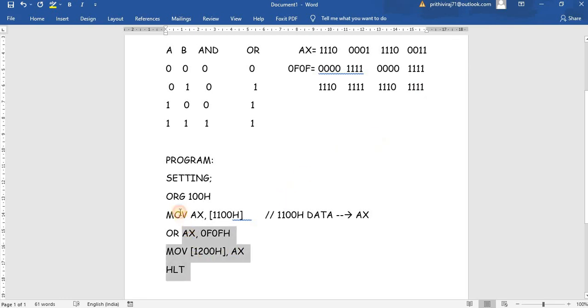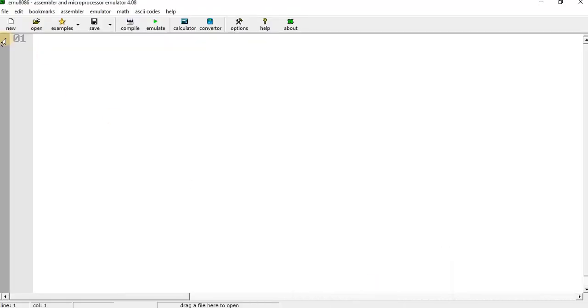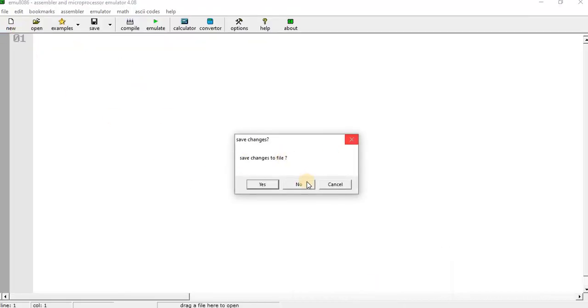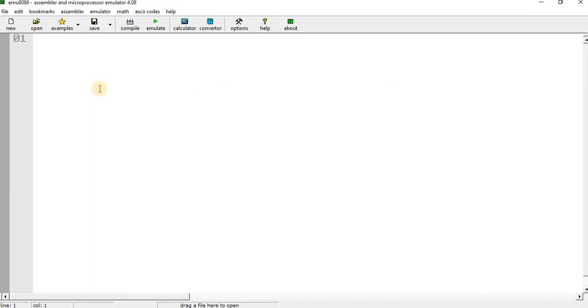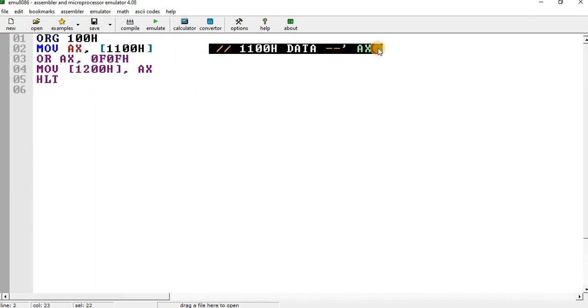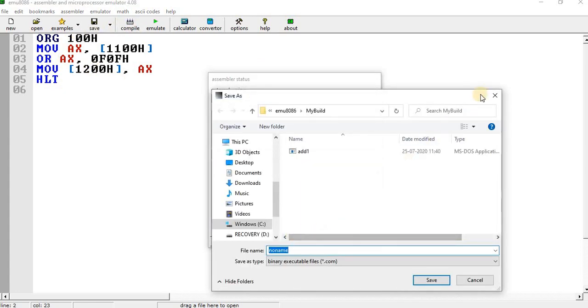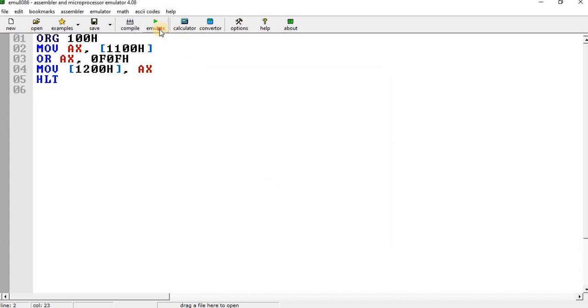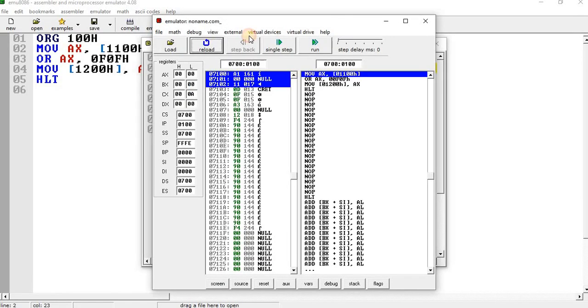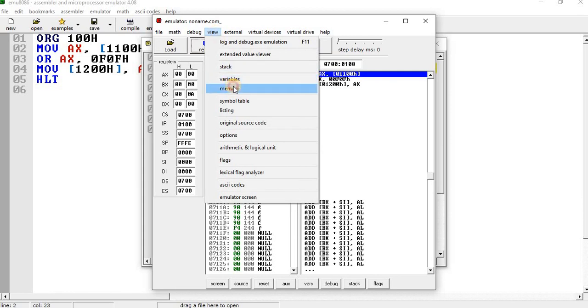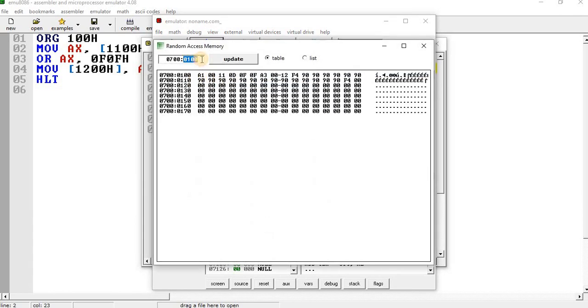Now we will copy the same program and do it in the emulator. As I told earlier, create the empty workspace, then compile, and then emulate. In the emulator, go to view and go to memory, and here click 1100, give the input address 1100, and then give the data.